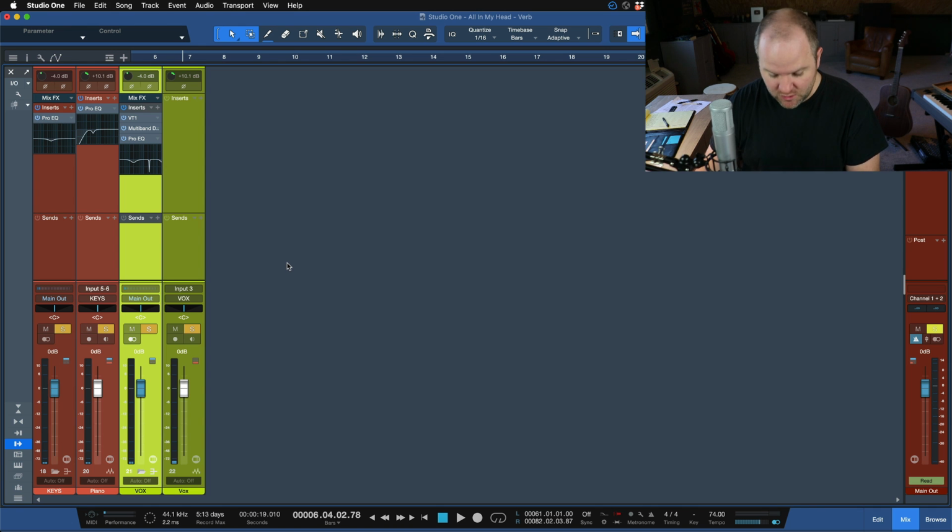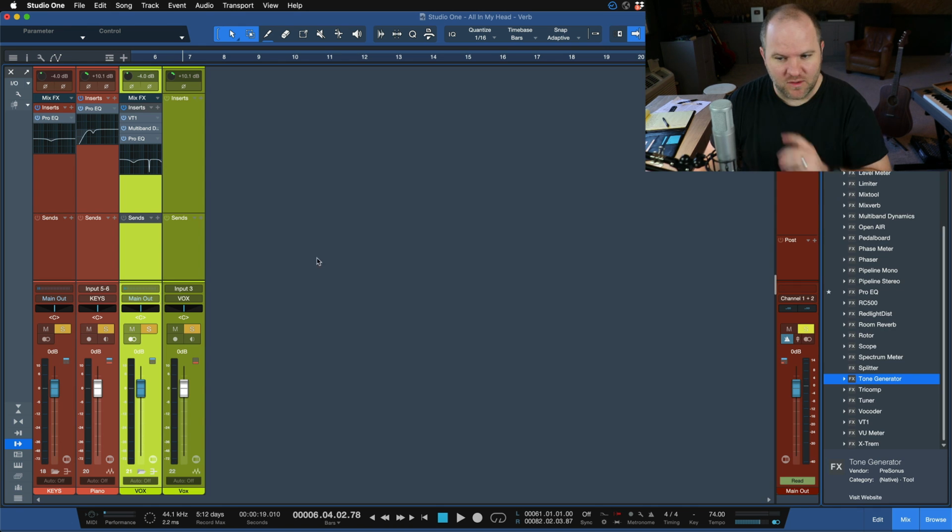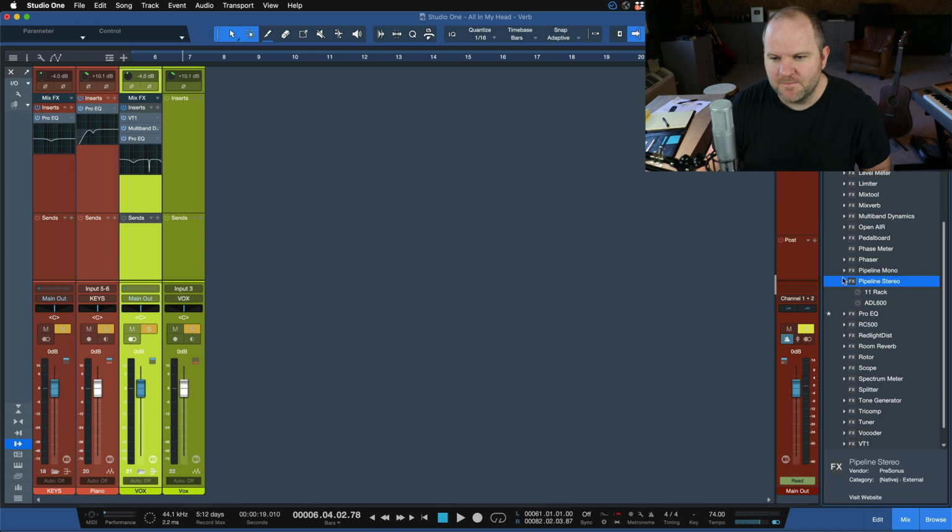And we're not going to have a conversation about whether we should or shouldn't add reverb to this. Let's assume that we do. And how do we go about doing that? One of my favorite reverbs to use is, of course, in Studio One. If you hit F7 to open up the effects panel over here on the right-hand side, and you scroll to